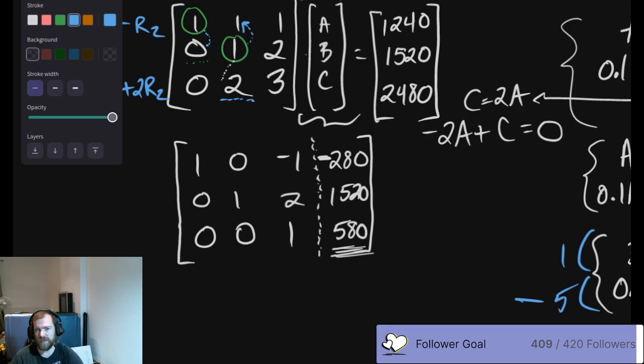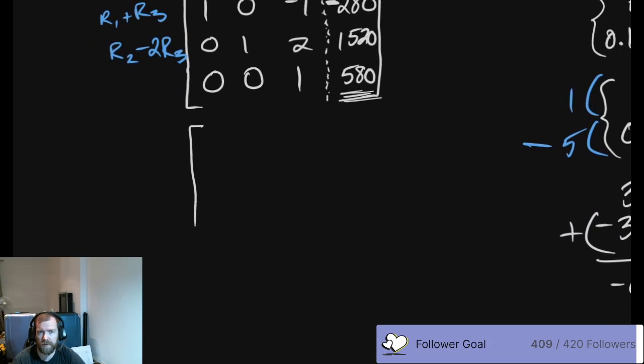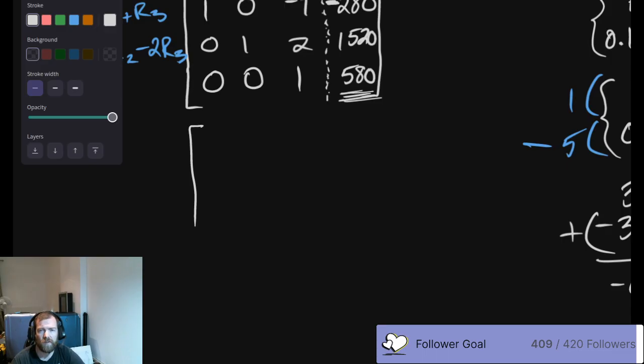Now we're just going to use matrix row operations to clean up the rest. So take row 1, add row 3. Take row 2 and subtract twice row 3. And leave row 3 as it is. So we end up with row 1 plus row 3 is 1, 0, 0. Either dotted or solid, I guess. Yeah, we've done solid before.